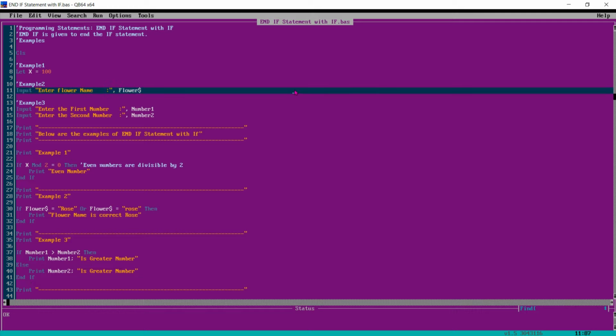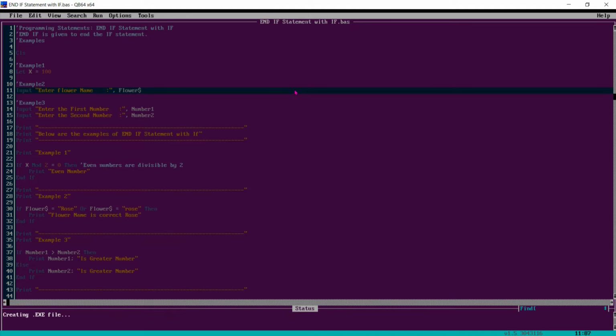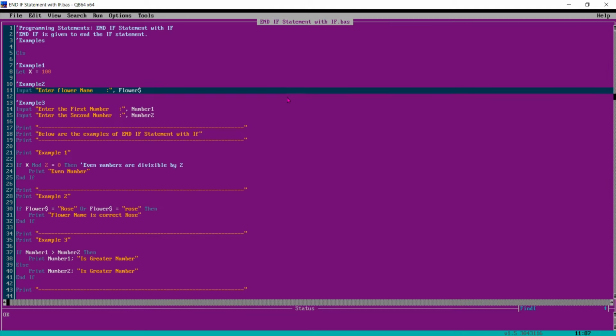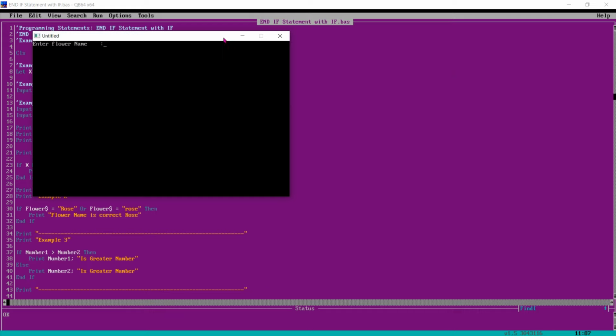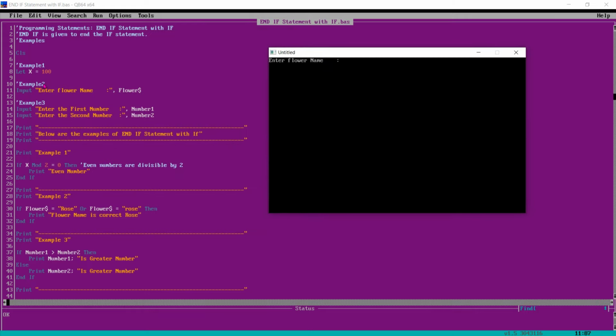We will execute it and see. First it is asking, because for the first example we have already assigned the value to the numeric variable, enter the flower name. I enter Rose, and then it will ask for example 3, number 1.